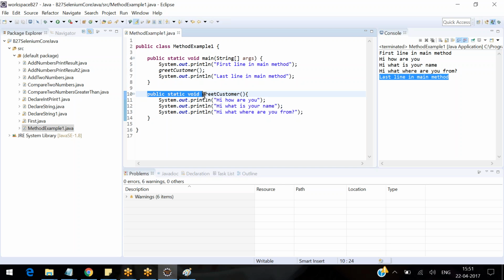Public static void main. This name, whatever name you want to give, you can give any name. Okay, you give this method name as Vishal, and then you have to call this method like Vishal here. You can give any name. Now if I run, it will give you the same result. Okay, but